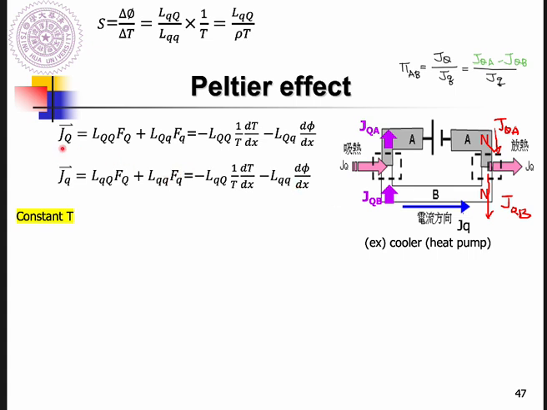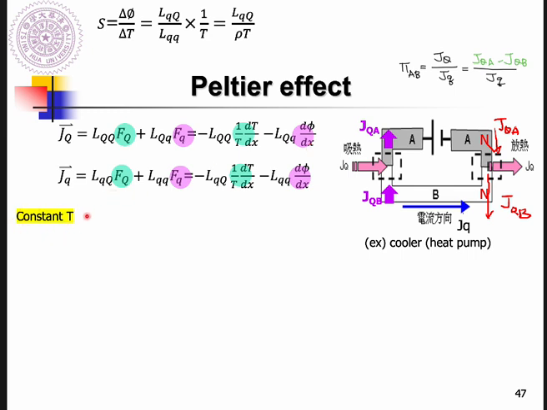So I write down the heat flux and the current density, with two driving forces. The corresponding F capital Q is the negative temperature gradient divided by T, and F small q is the negative electrical potential gradient. Then, the most important assumption here